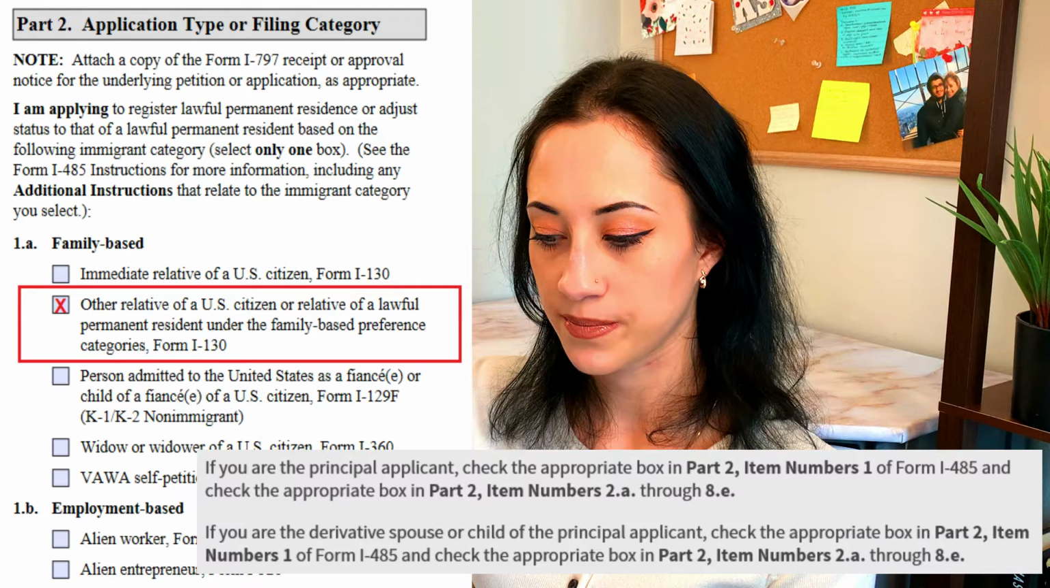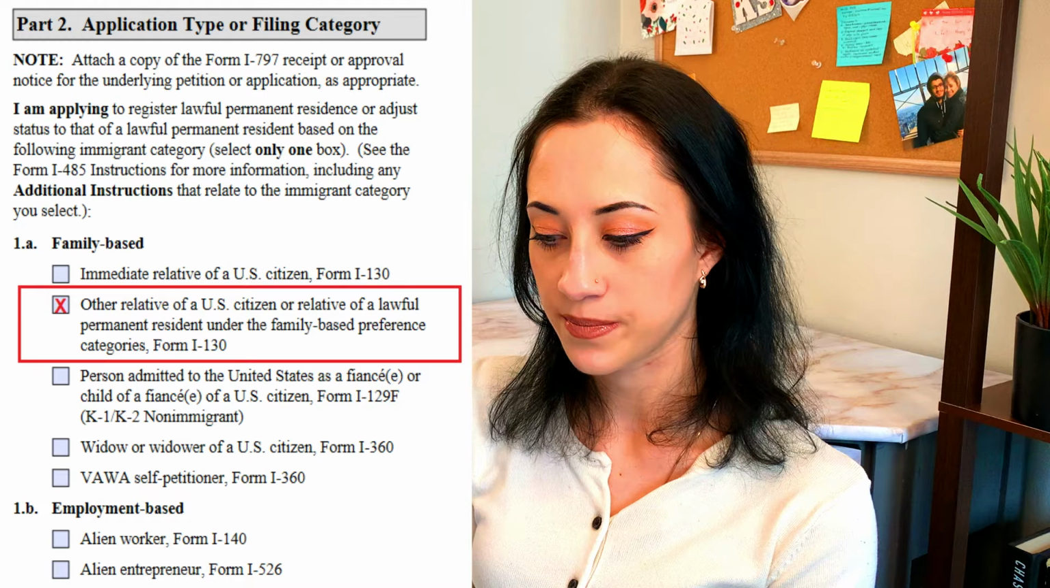And when you look in the special instructions for the Form I-485, it does say that if you are a principal applicant, check the appropriate box in Part 2, item number 1. And if you are a derivative spouse or child of the principal applicant, check the appropriate box in Part 2, item number 1 of Form I-485 as well. So it appears to me that the derivative applicants will also have to select basically the same category as the